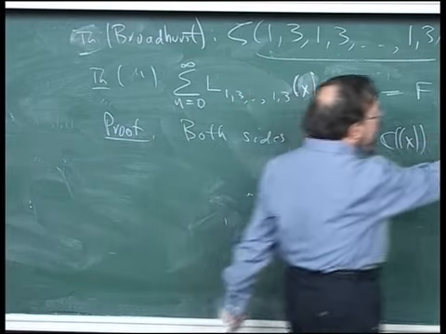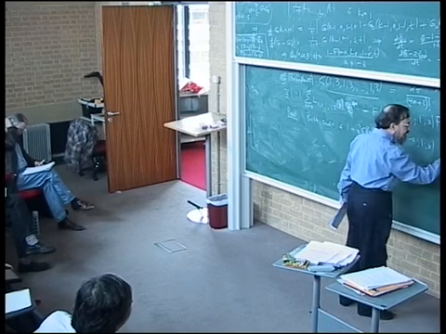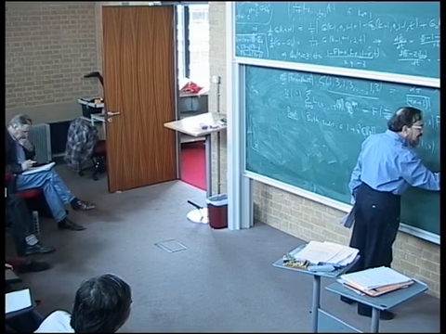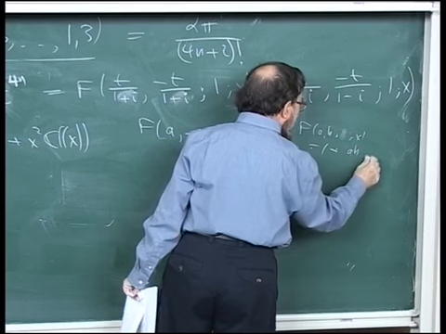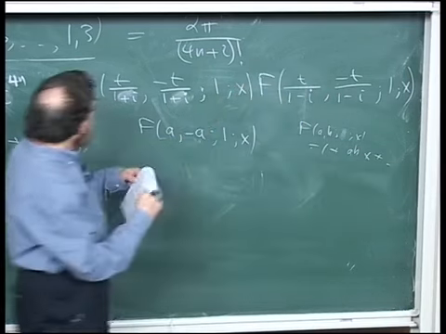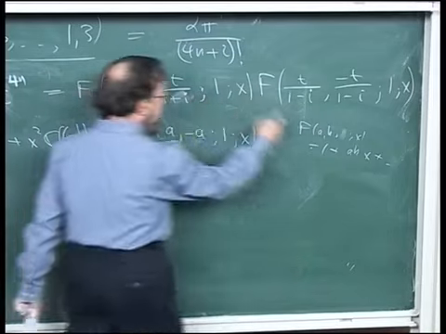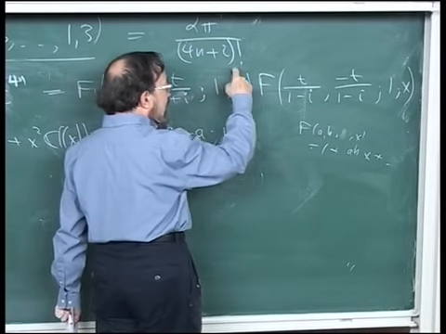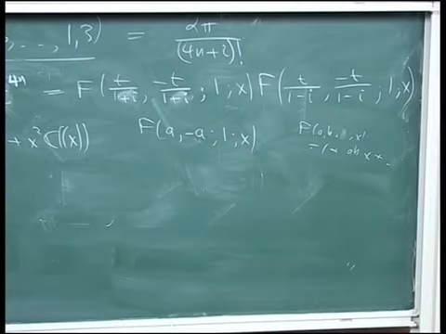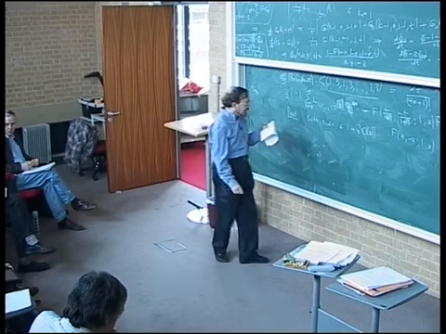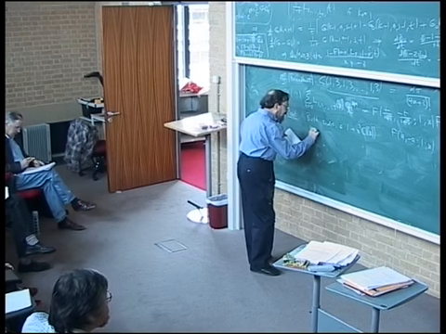That's true. Well, here, of course, it's clear because F is a power series and it starts with 1. So F of a, b, c starts 1 plus ab over c, but if c is 1, it's just abx. But here, ab is minus t squared over t squared. Here, it starts 1 plus lambda x plus higher, and this is 1 minus lambda x. So together, it starts 1 plus O of x squared. And the left-hand side trivially does that too. So both are power series like that and are annihilated